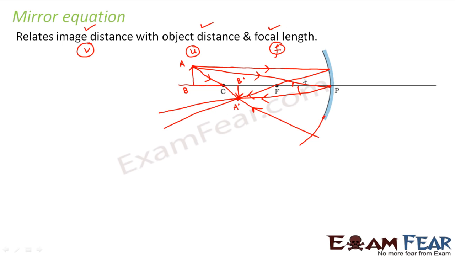Right? So now let us focus on what we are trying to do. We are trying to concentrate on the mirror equation, right? So let us focus on that. Let us call this point M. This is F. This is A dash, B dash. This is P, right? So now let us consider two triangles, that is A dash B dash F and triangle MPF. So we are considering MPF, that is this triangle.